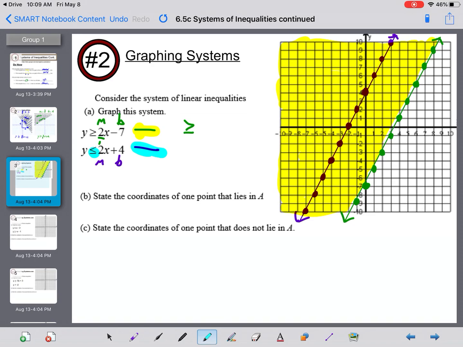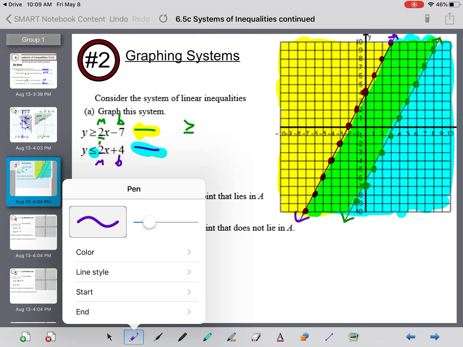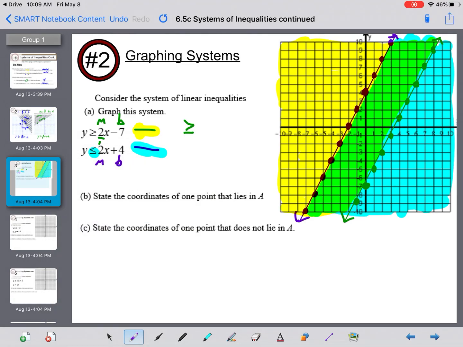But then if we look at the purple equation that we need to highlight in blue, it says less than or equal to, which means below the purple line. Remember, our solution set is where these shaded regions overlap and create the green color shading. Okay, so your solution set is everywhere in here, and I'm going to just stretch a nice S for solution